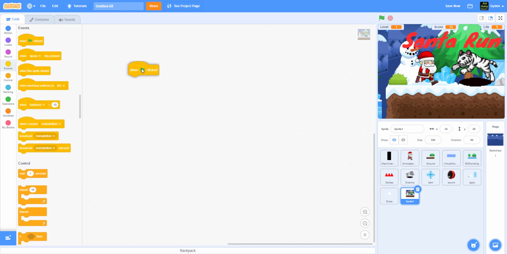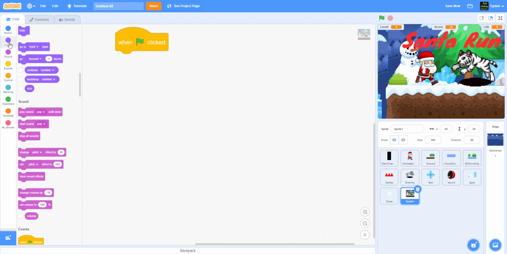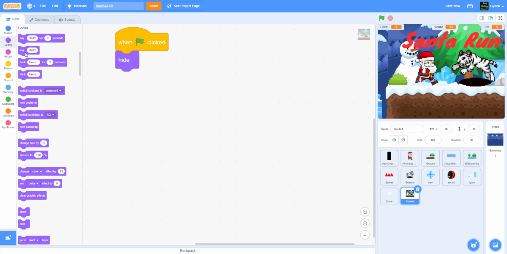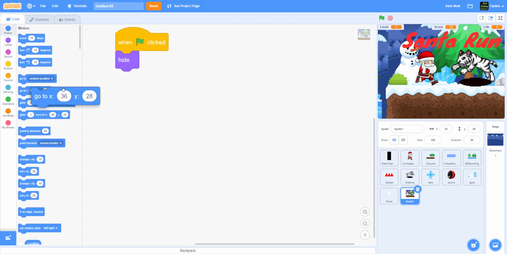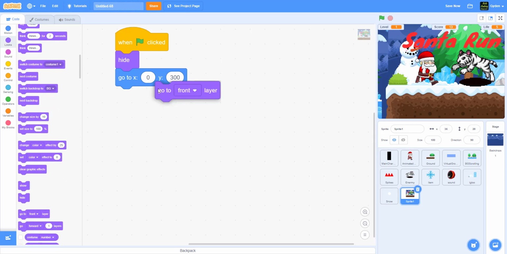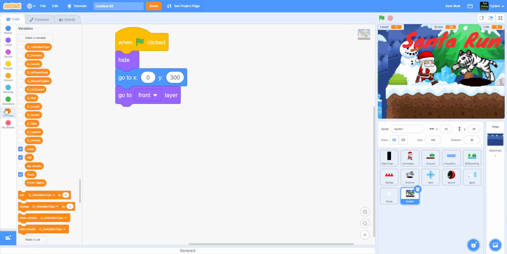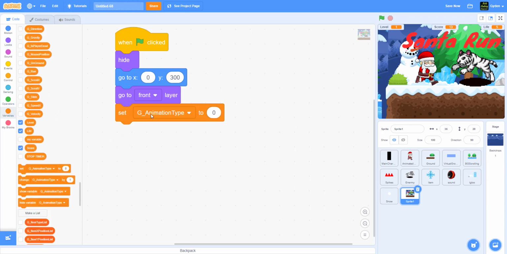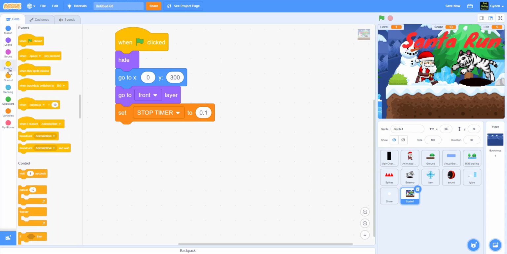So what you can do is go when green flag is clicked. Okay. So say look, we'll hide it, and you can go. So what I'm going to do is set it to the top. Say 0. Let's say 300, and then I will say go to front layer. Okay. Then I will have set the stop timer to 0.1, and then grab a forever loop here,